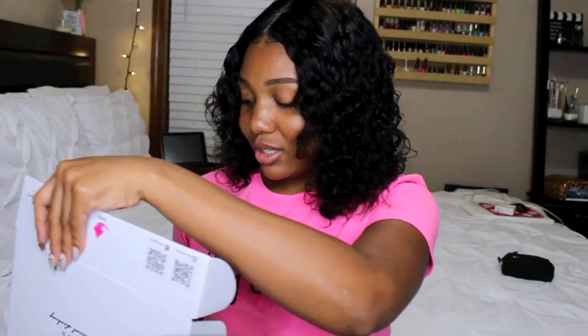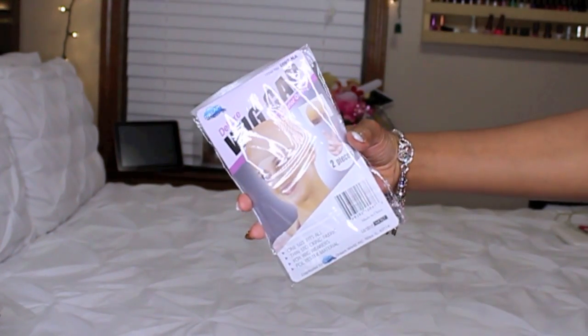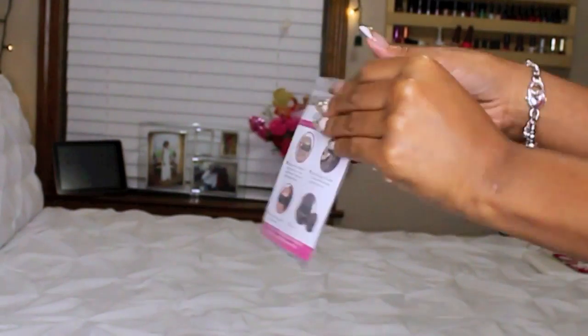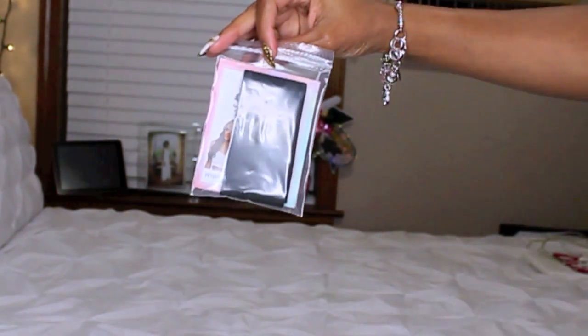So when you open it up inside, you will just get two deluxe wig caps. I did apply one of those. Also these cash bucks, you get $20 cash back. Elastic band, which I did not need to use. I just pretty much used the combs and the adjustable straps in the back,